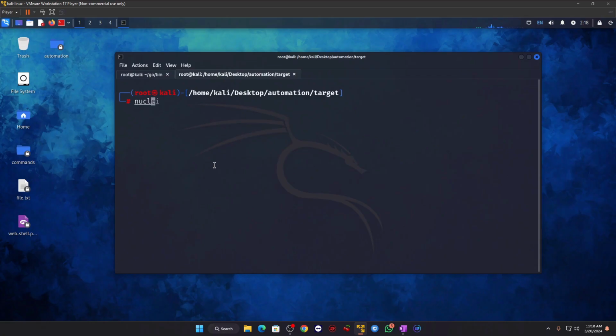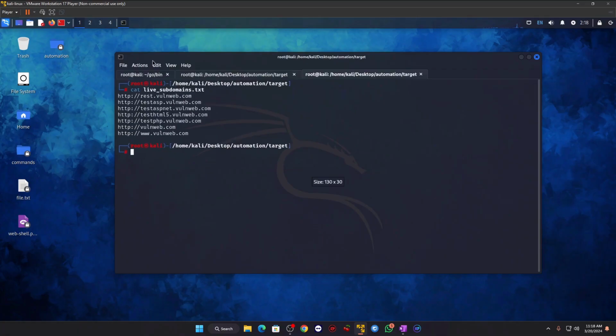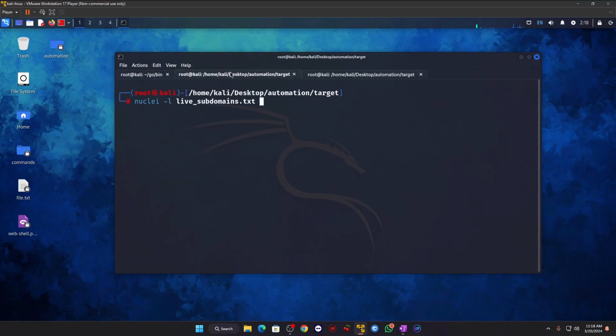So for this I'll use the nuclei framework, and I will provide -l with the list of live subdomains. Here I am providing a list of live subdomains in order to find vulnerabilities in those live subdomains that we have discovered. And if you remember, the live subdomain list, if I cat it, you can see it contains a list of subdomains that are live, and then you can just store the output into a file. You can give it a name like